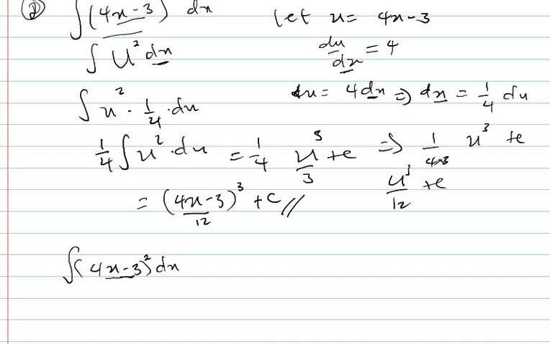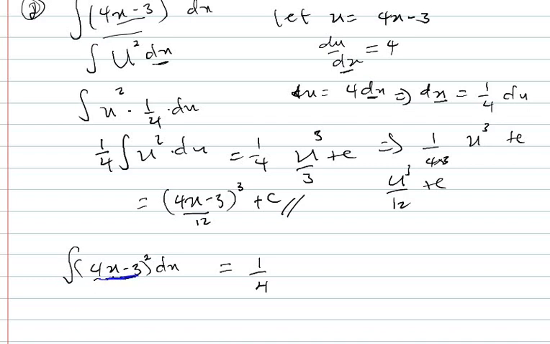So the differential of this is 4, and the inverse of 4 is 1 over 4. So we take the inverse of the differential of whatever linear expression is there. And then take this one, the whole of this. Let me change the pen. And then since at the beginning you take